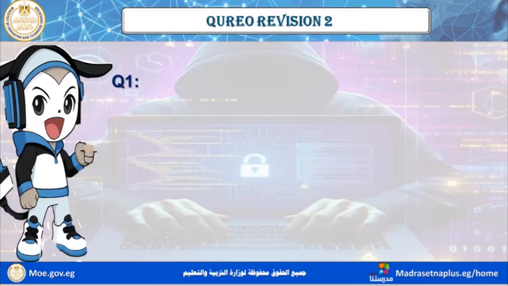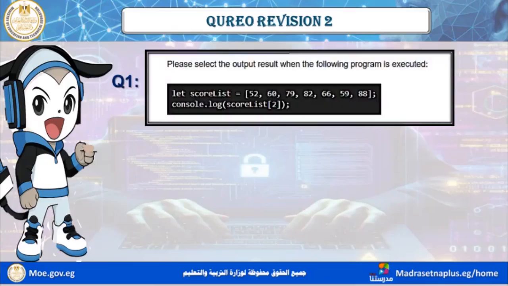Let's have some questions. Please select the output result when the following program is executed. Let score list have some items here. Show score list of index 2. Okay, the index started from 0. So 0, 1, 2,